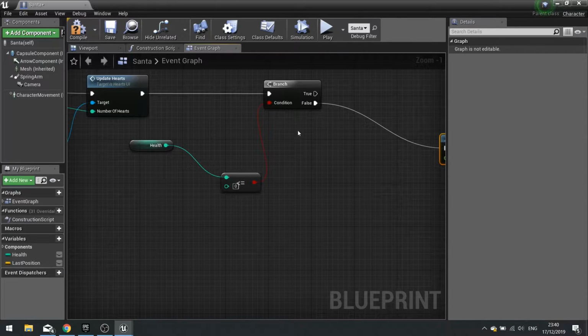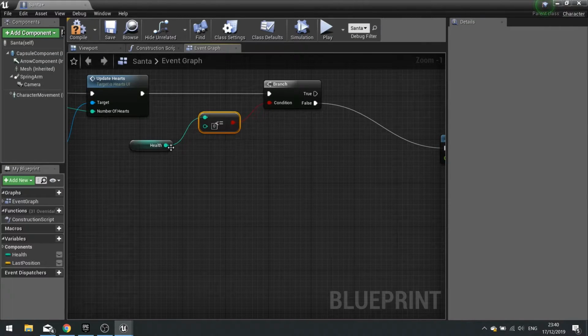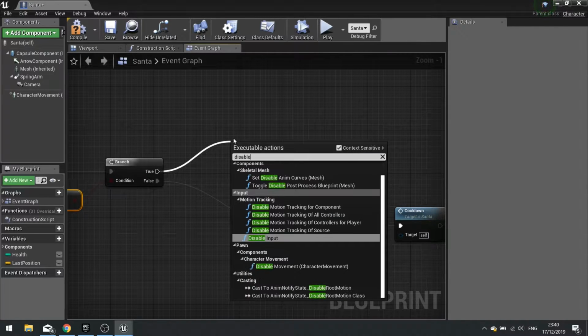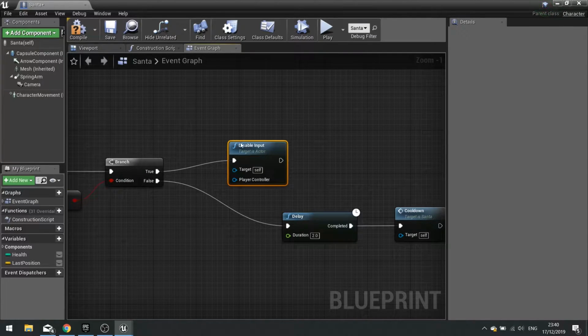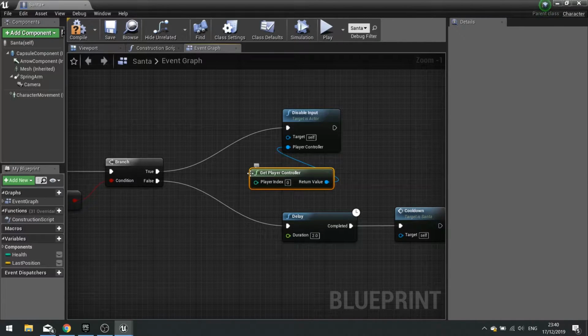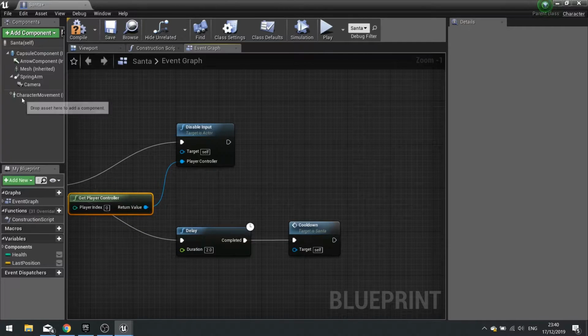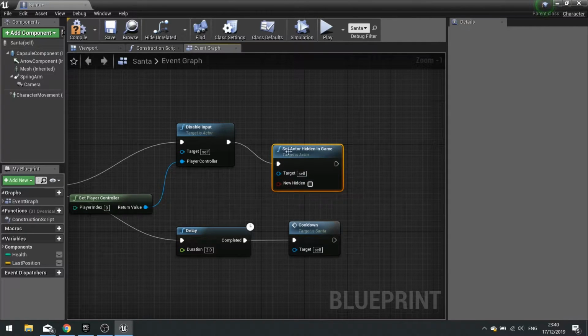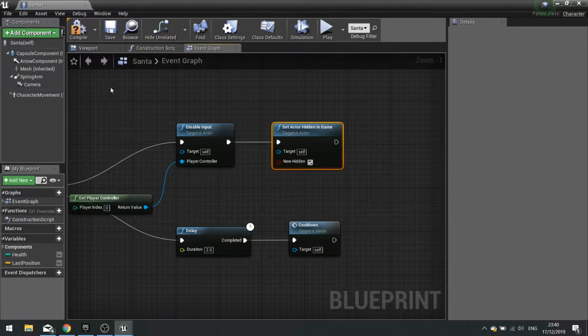If it is true, and we are less than or equal to 0, meaning that we've died, we want to disable input. Get player controller. And also set actor hidden in game, and set that to true. And hit compile.